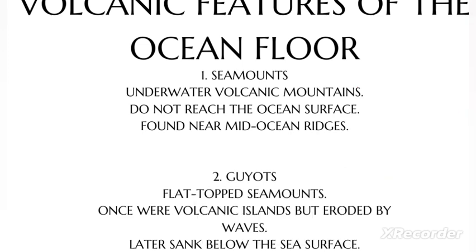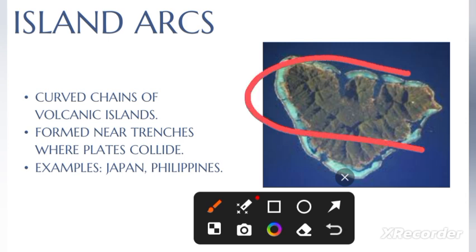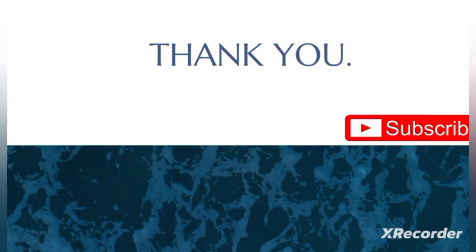Alright. So moving ahead, the last, island arcs, right? A curved chain of volcanic islands formed near the trenches, and they are also formed due to volcanic eruption, and that is why we call it an island arc, because they look like an arc, right? Can you see an arc? From an aerial view, can you see the shape of these islands? These are formed due to the volcanic movements under the ocean surface. So these changes make new features, and this is how we are ending our video.